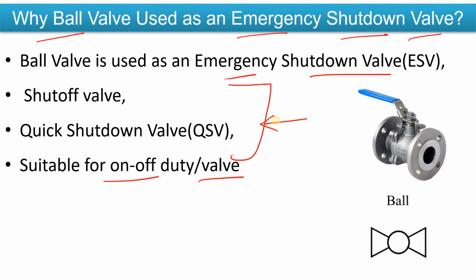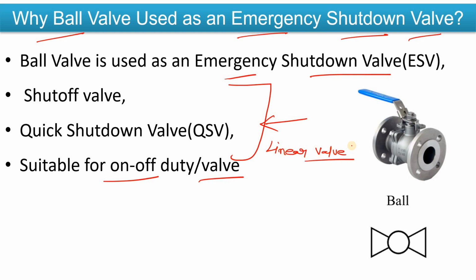So when we discussed valve types, we discussed that mainly there are two types of valves. The first is linear valves and the second is rotary valves, which are also known as quarter turn valves, right? So if I talk about the linear valve,